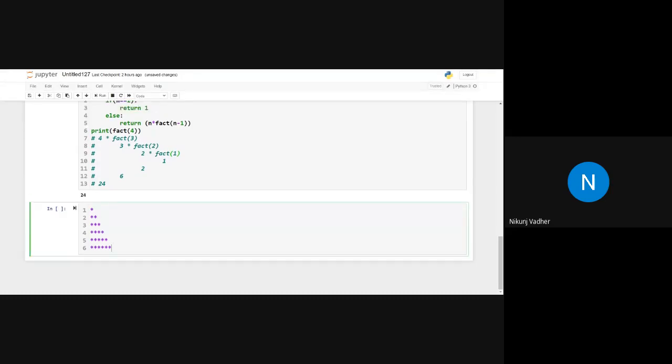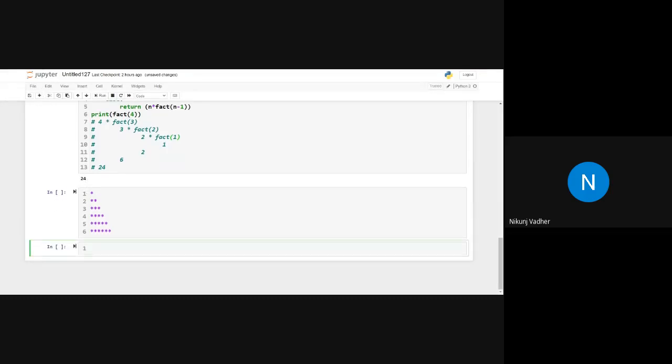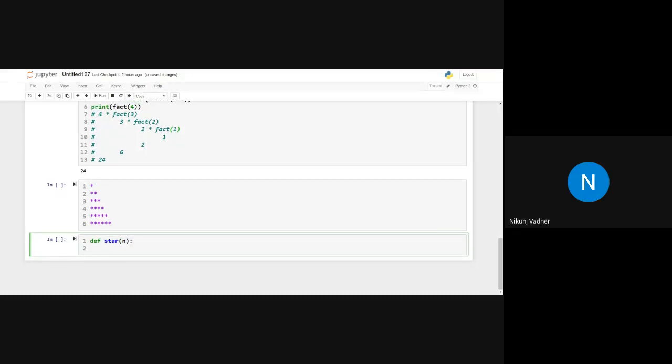Okay, now let's try to develop the program for this. Let's say define star. We will pass variable n here. If n not equals to 1, then star n minus 1.